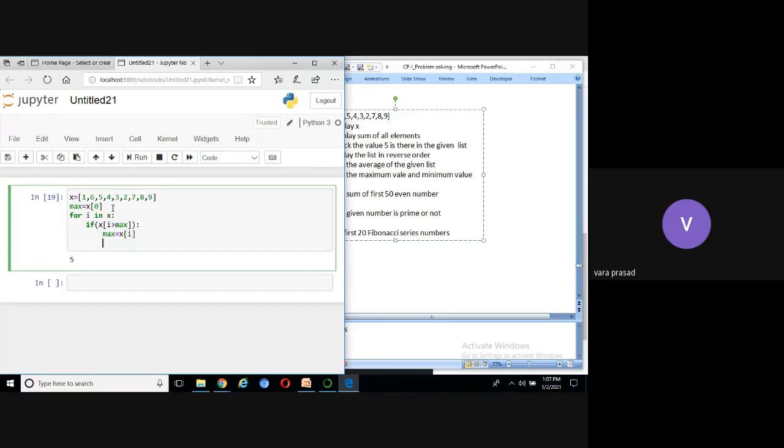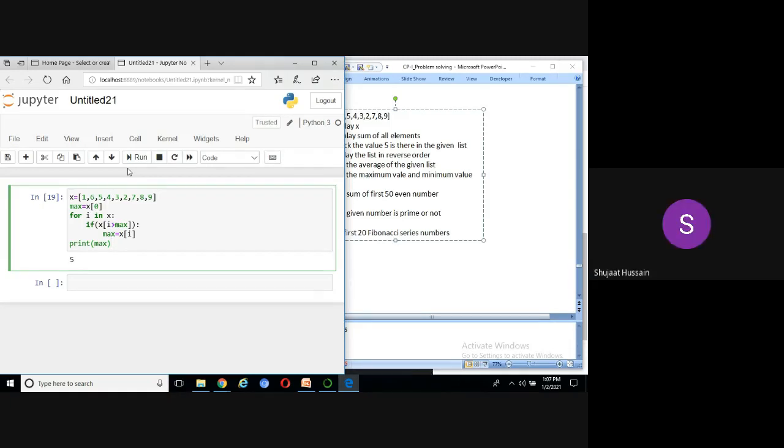Okay. Now, print max. You can see here, only 3 lines of code: 1 line initialization, second line for loop, third line print the value of max. You run the code here. Will it compile properly or not, first of all? Is there any syntax error?